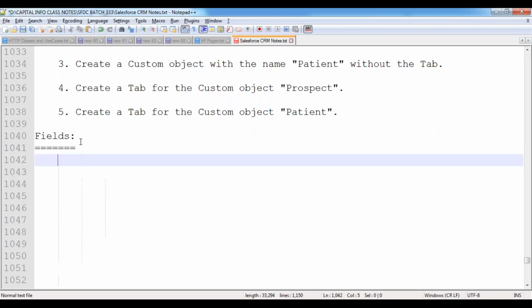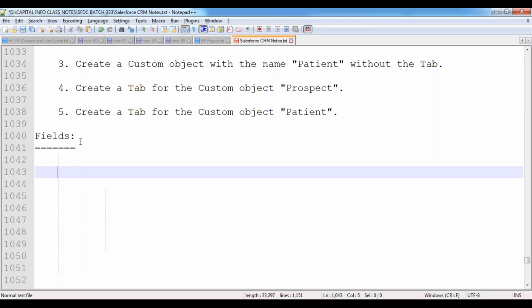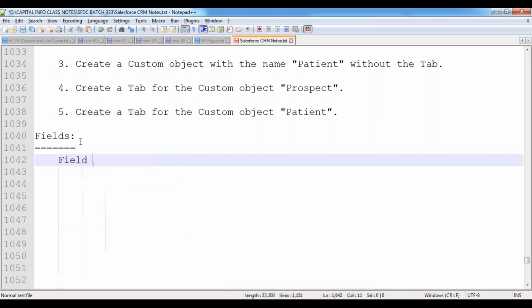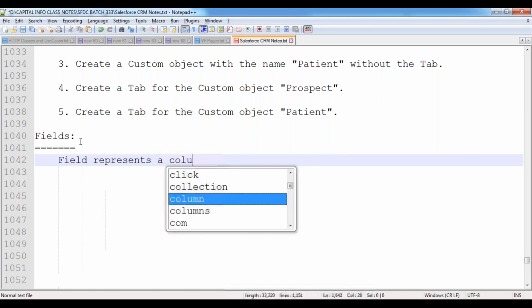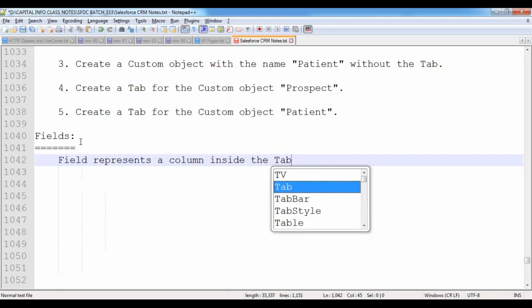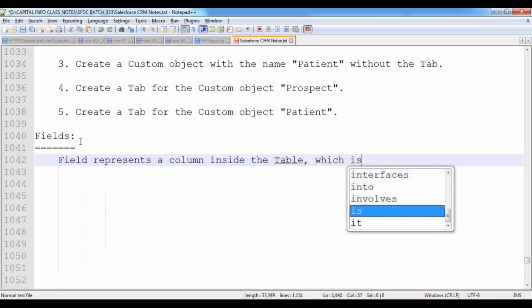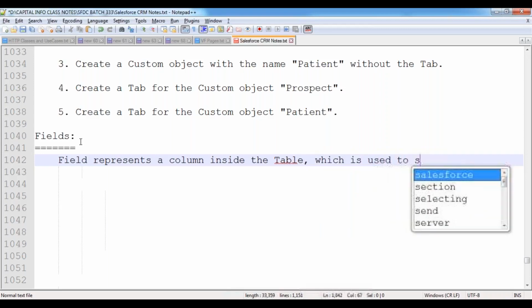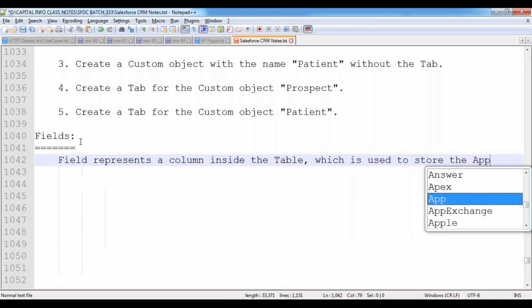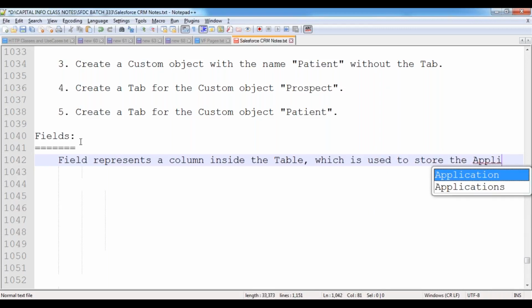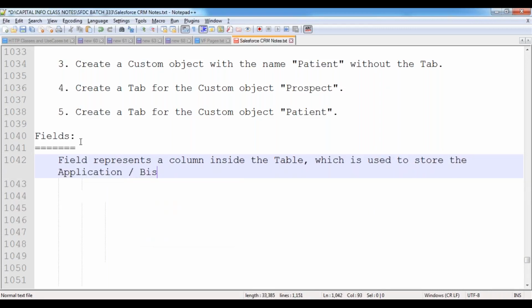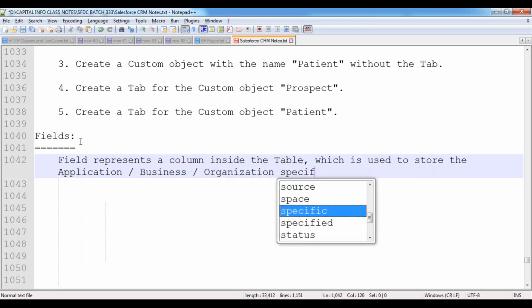Now, when coming to the fields, we have two types of fields available in Salesforce. The same story again, you know that concept: standard and custom. A field represents a column inside the table which is used to store the application, business, or organization specific data.